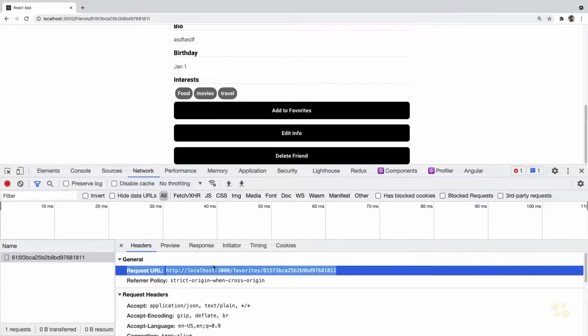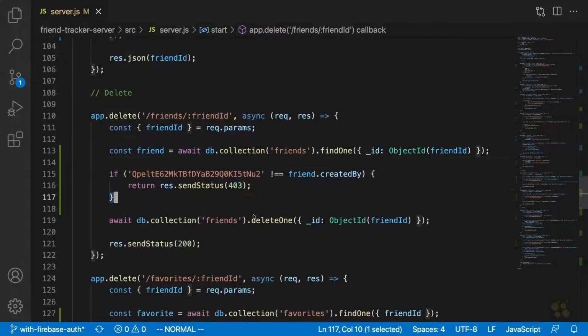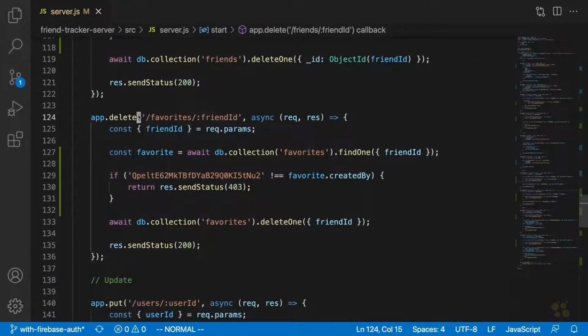Oh, you know what? This request is going to the favorites endpoint, because basically what's happening here is our front end, when we delete a friend, is trying to remove them from the favorites. This is to make sure that we don't end up with a dangling favorite, so to speak, without a friend object in the database that corresponds to it. Okay, so essentially what we need to do here, I suppose, is go into delete favorites friend ID,